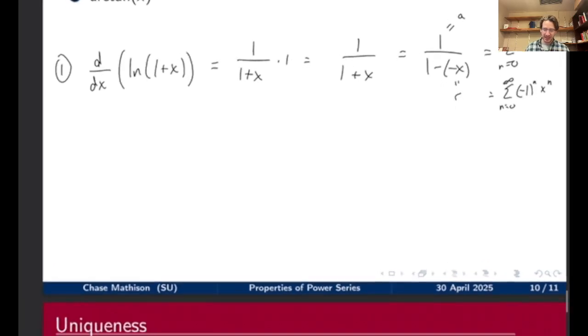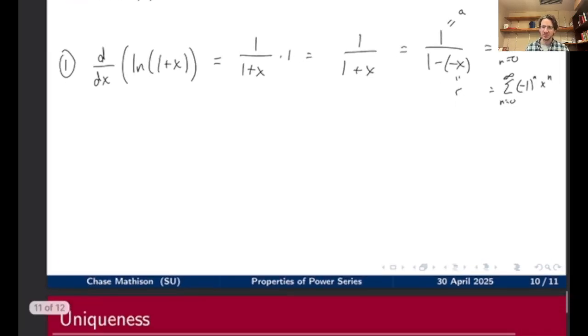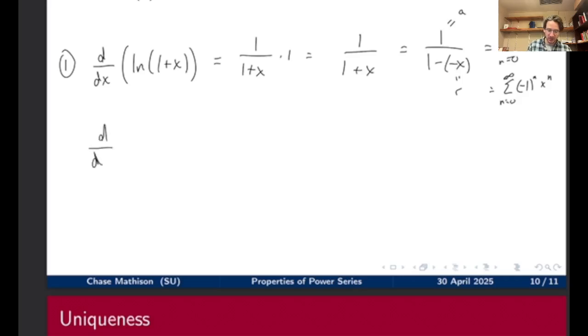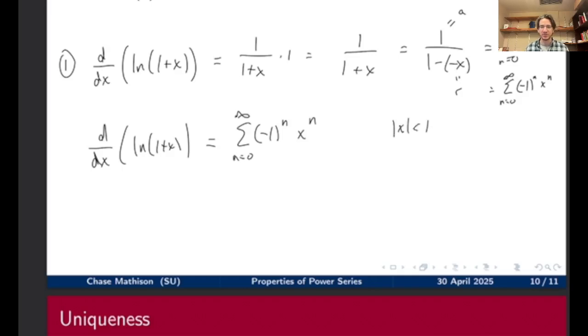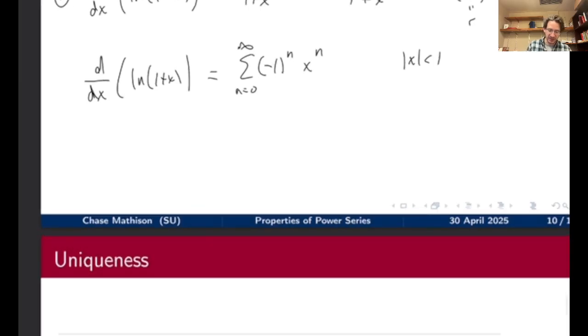Hopefully you decided that the thing you need to do now is integrate both sides. I know the derivative with respect to x of natural log of 1 plus x is the sum n equals 0 to infinity of minus 1 to the n times x to the n. By the way, that has an interval of convergence of absolute value of x strictly less than 1. Cool. So if I integrate both sides, I get